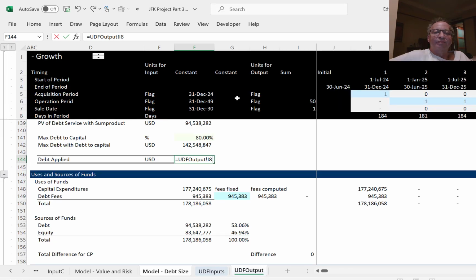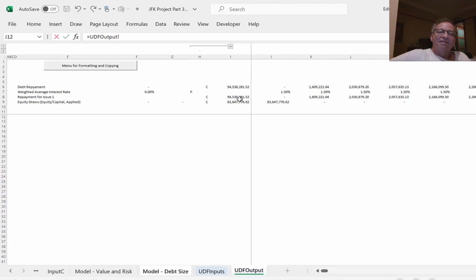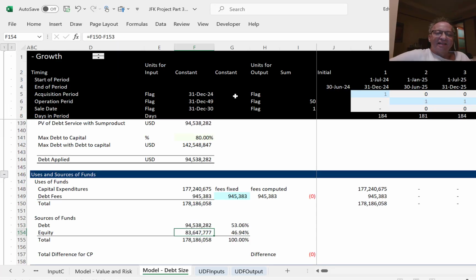Okay? And sometimes I might have another circular reference for the rest of it. I think if I fix this debt, and just in case, I'm going to fix this debt too, because it's the same. Okay? And then let's go up here